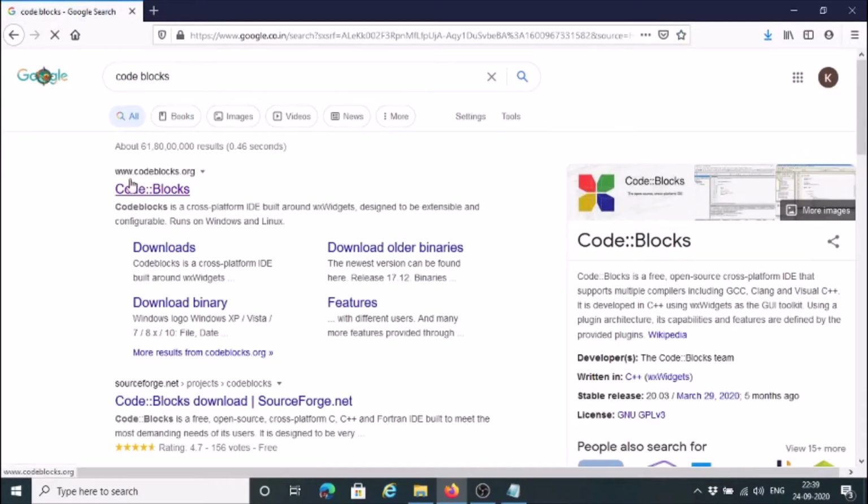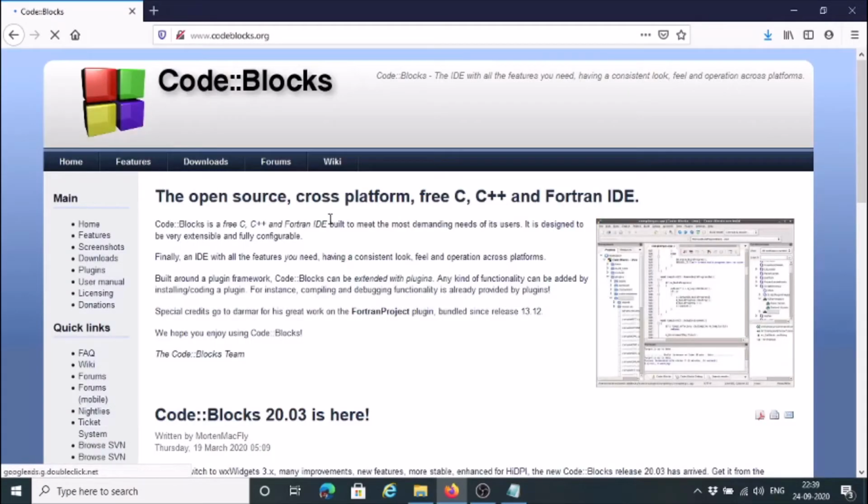It will show you first link codeblocks.org. You can go to this website and download CodeBlocks for C++, C and Fortran integrated development environment.